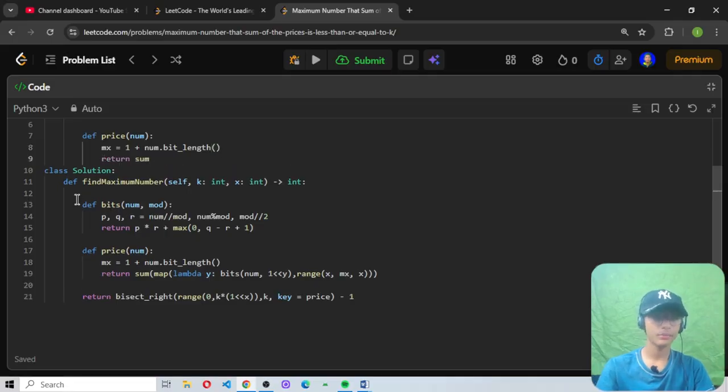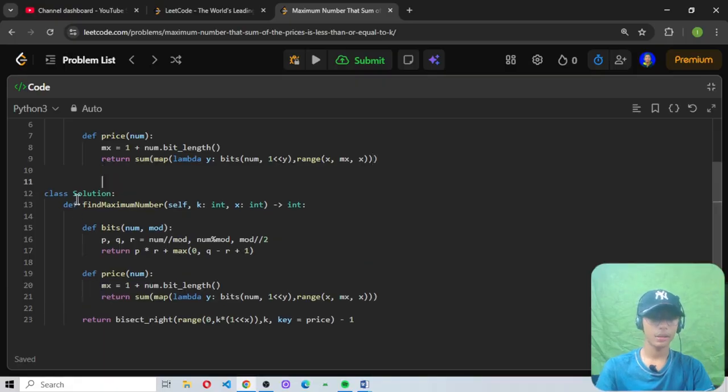Return sum, map, lambda y, bits num comma 1 less than y, comma range x comma mx comma x,